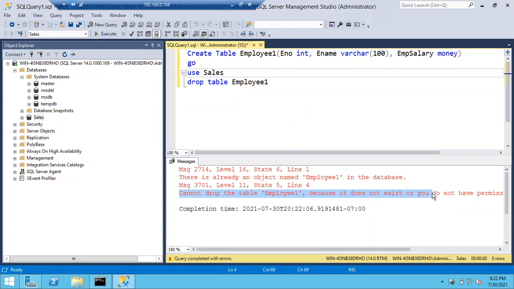So you have to be very careful. Even though you can see a big script, don't simply click on the execute button. Whatever you want to execute, just choose that line and execute it. In case you want to execute the whole script, you can simply execute it, no issues. But while executing scripts, you have to be very careful about two things: on what database you're executing the script, and what part of the script you want to execute, the whole script or any part of it. These two things you have to be very careful about when dealing with scripts.